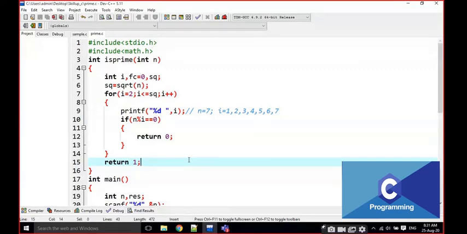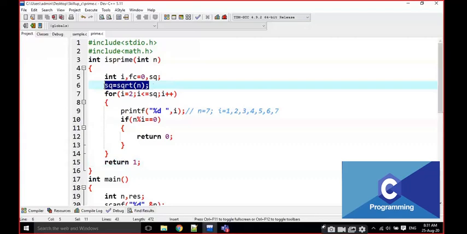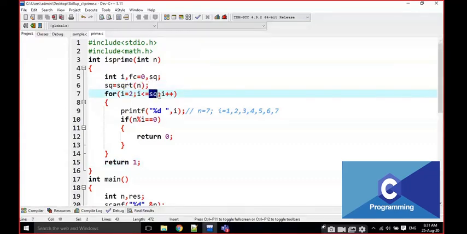Is prime of n. Every time you have to write this prime number logic: 2 to square root of that number. The square root also we have to calculate before that. Otherwise, every time it is going to check the condition, it has to evaluate the square root of n again and again. There is no need to check every time. That's why I am writing the above statement.